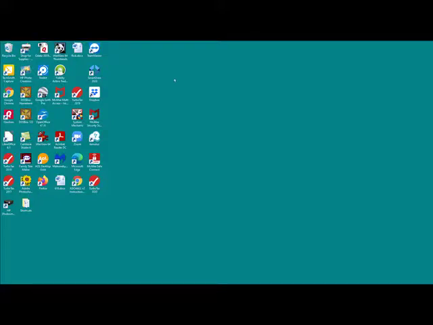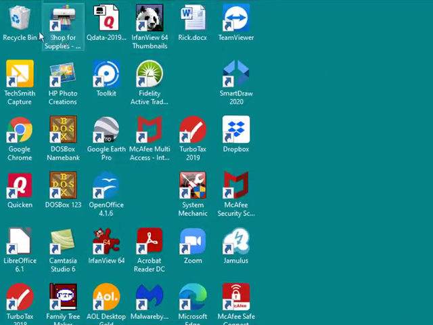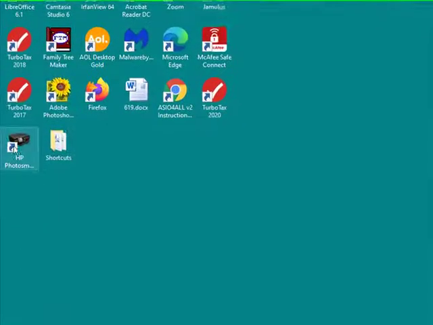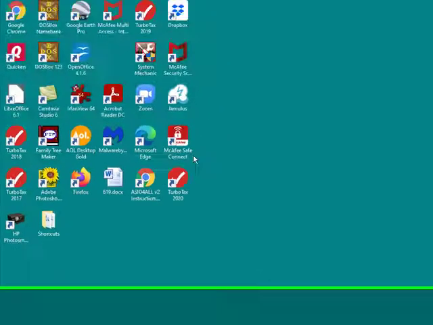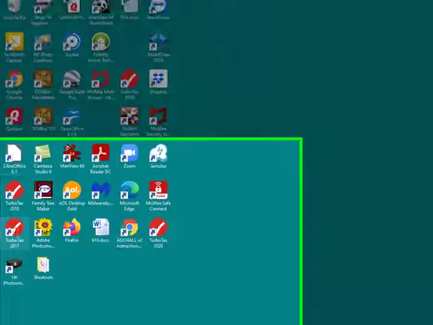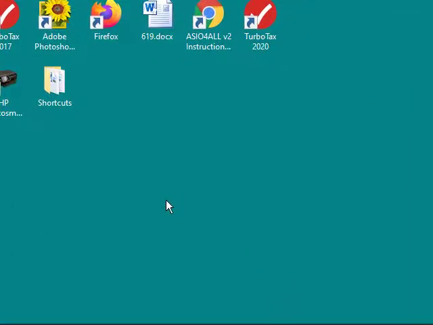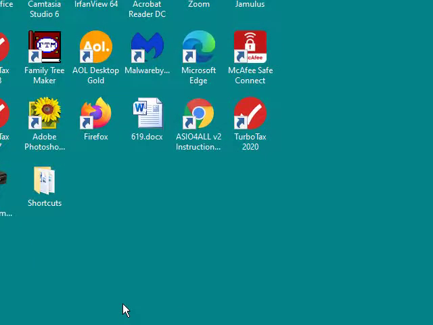Today we're going to talk about Zoom, and in particular, how to share your screen while you are in a Zoom meeting. Share it so that everyone who's at that Zoom meeting will see what's on your screen, including you. So, to do that, I'm going to show you first how to start Zoom, and then how to share your